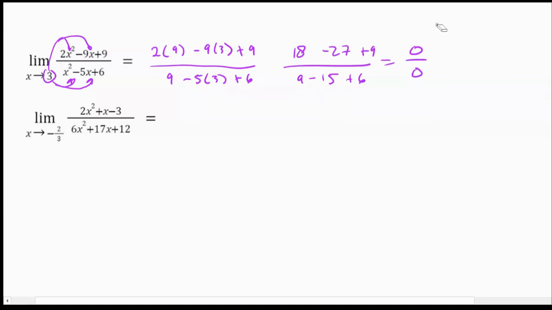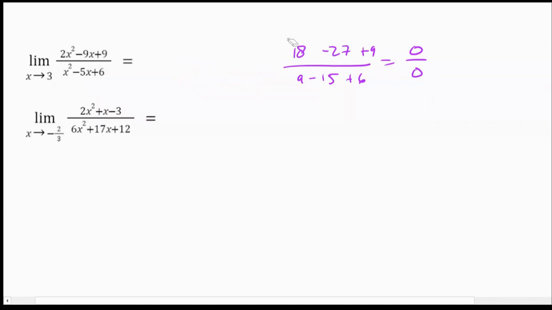This is called indeterminate form. If I get 0 over 0, basically what I like to think of is that I know I need to do more work because this doesn't say anything about a limit. When I have 0 over 0, that could mean that I have a hole, but that doesn't necessarily prove to me that the limit doesn't exist, because the limit doesn't care about the point. They just say, hey, does the left side approach the same value as the right side? And if that's true, then the limit exists. So in this case, because I get this 0 over 0, it tells me I just need to try